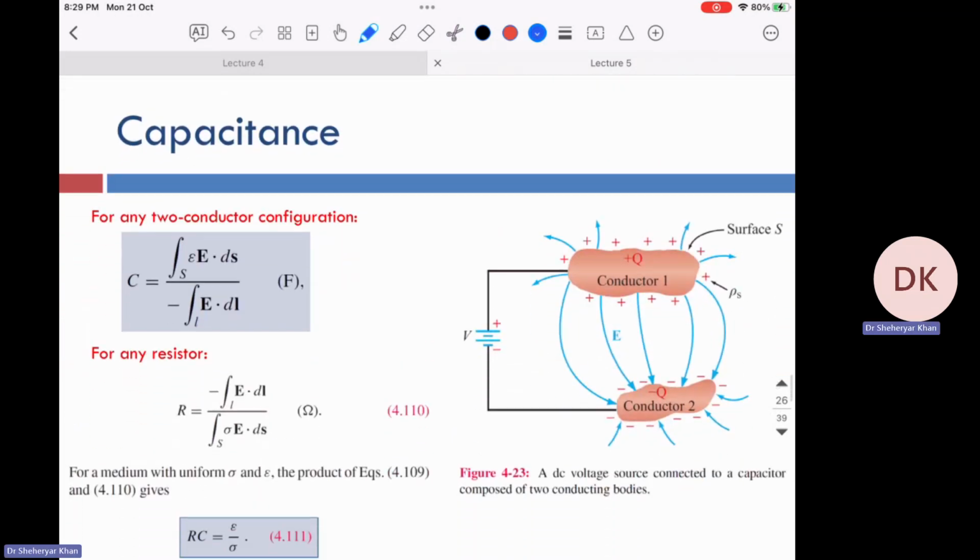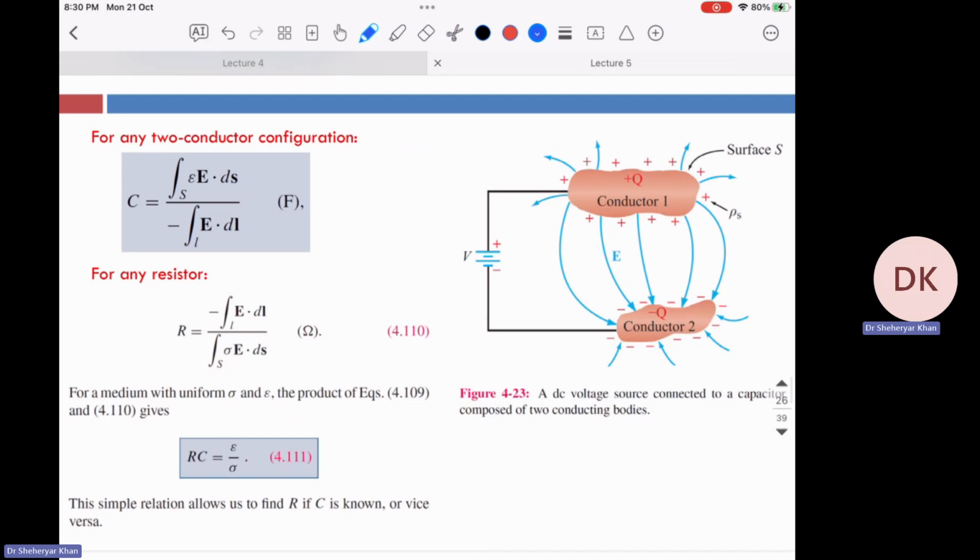So again, we use our electrostatic equations. E dot dl is for the voltage, E dot ds times sigma is the electric field. And then you can have the capacitance here in terms of the electric field. And you can multiply RC to get the time constant. This is something which is very important in terms of transient responses. Remember,